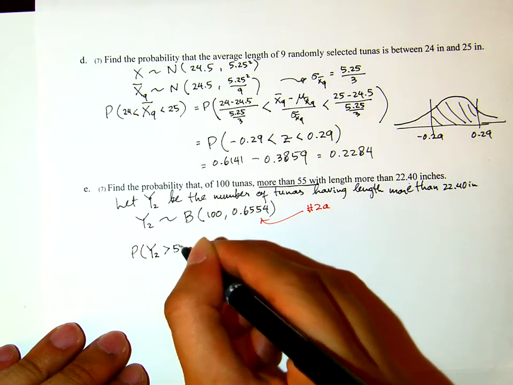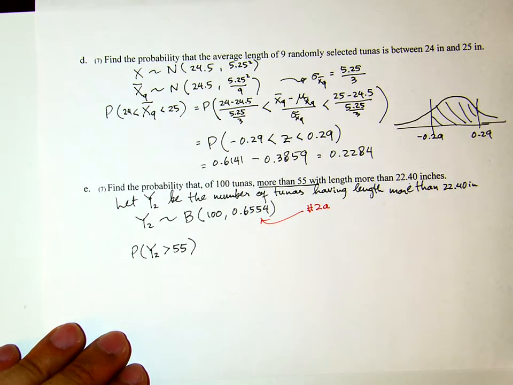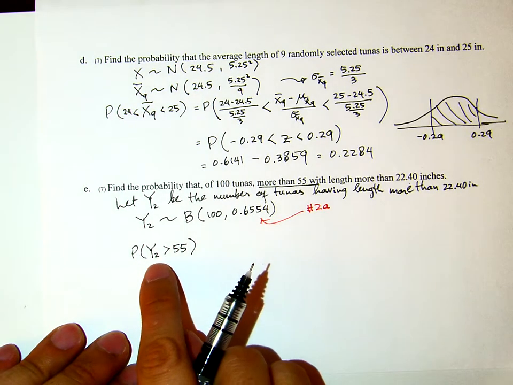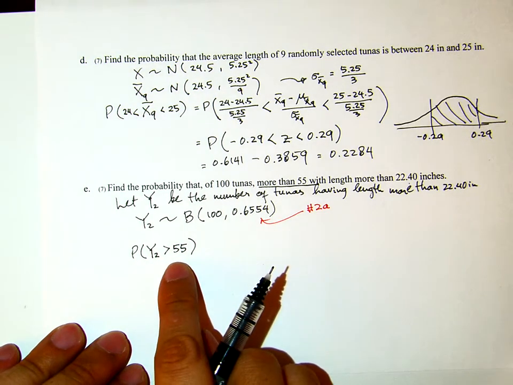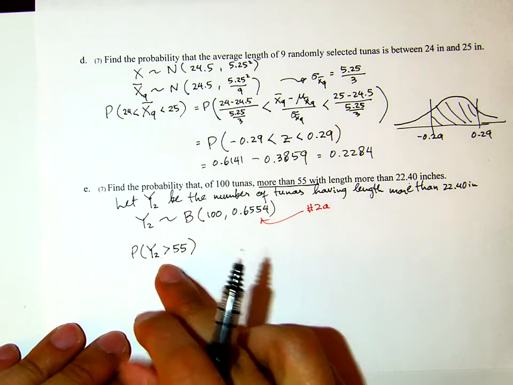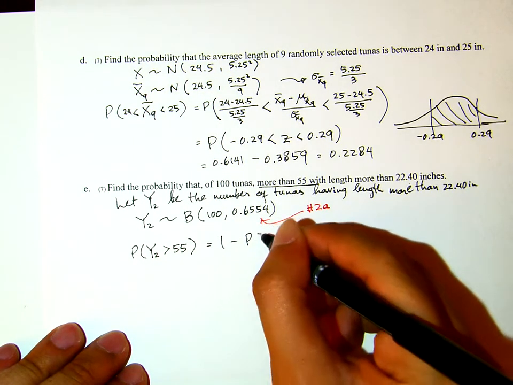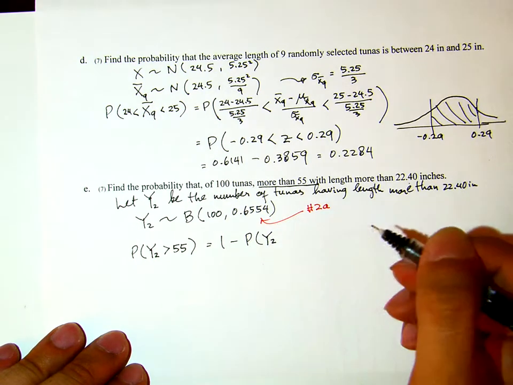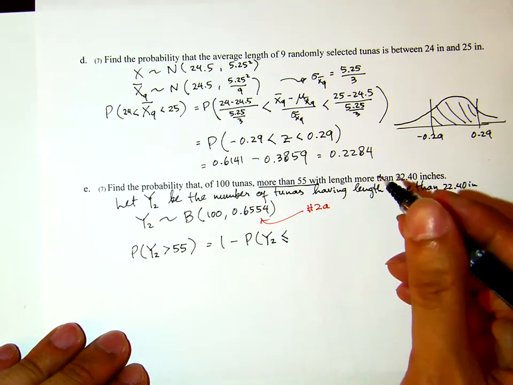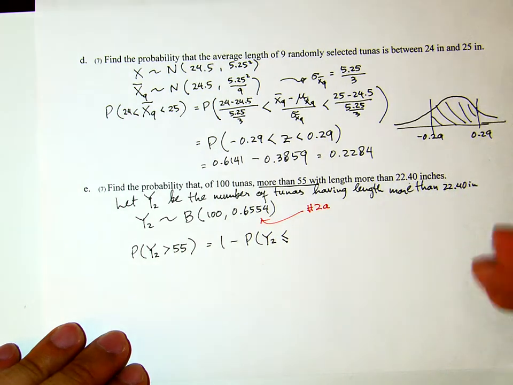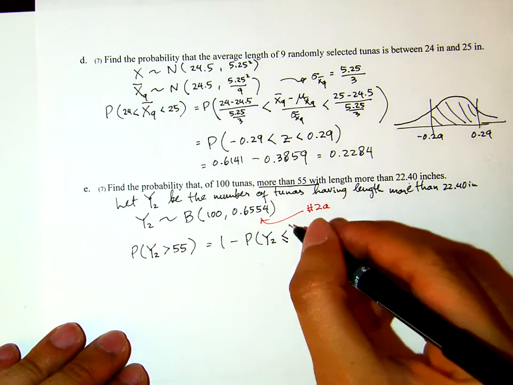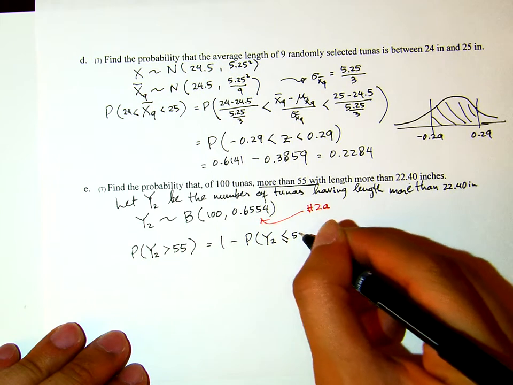More than 55. Now I need to use a calculator, but the calculator gives the probability less than or equal to, that's the cumulative. So I cannot compute this directly, but what I can do is 1 minus the complement, which is the probability that y2 is less than or equal to, if it is not more than 55, it must be at most